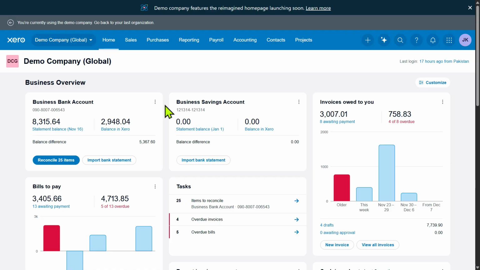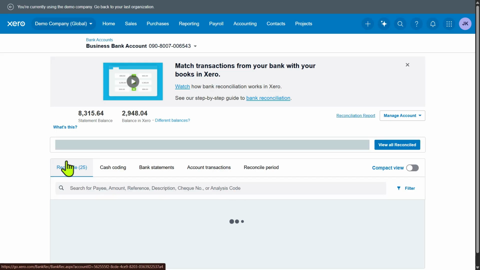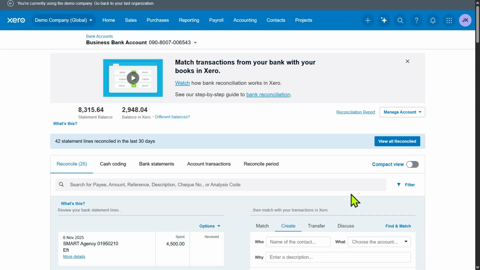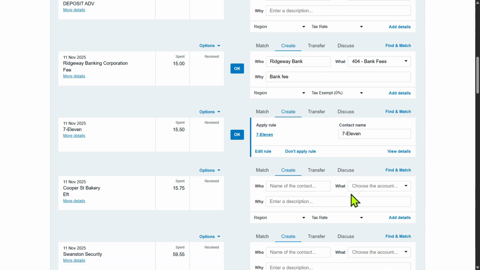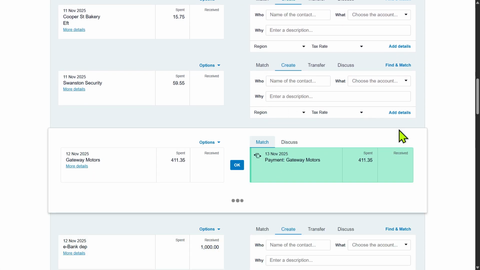When the refund transaction appears on your bank feed, go to the Reconcile tab in your bank account, where Xero will not automatically suggest a match, so you need to manually initiate the process by clicking Find and Match on the bank transaction line. In the Find and Match search field, first find the original contact customer who received the